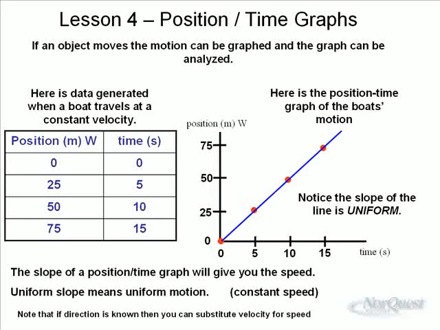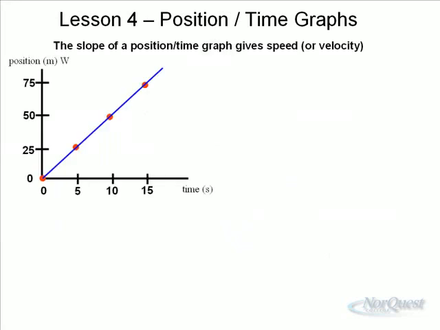So it's not just the speed that we'll know, but we'll also know the velocity. The method of finding the speed or velocity from a position time graph or a displacement time graph is that we take the slope. The slope of a position time graph gives the speed. This is a very important